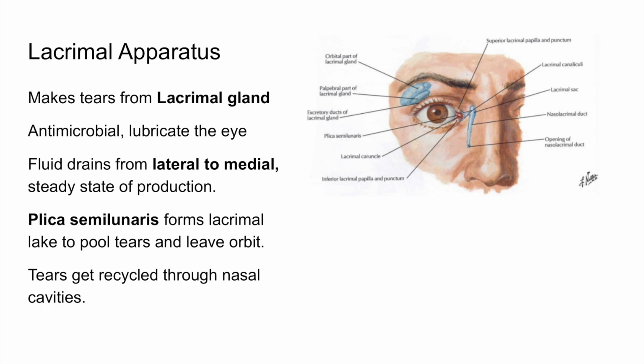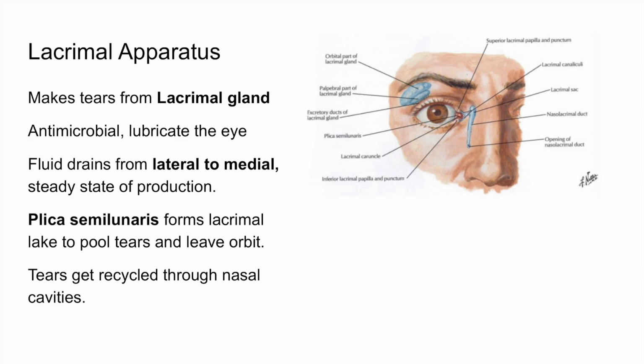This is why when you cry, your nose also starts to run, because the tears are literally being shunted into the nasal passage. So the key high-yield takeaway is the directionality of this flow. So lateral to medial, and the stepwise drainage pathway from the lacrimal gland to the eye surface to the puncta, to the canaliculi, to the lacrimal sac, to the nasolacrimal duct, and then eventually to the nasal cavity. So blockages anywhere along this pathway, especially in the nasolacrimal duct, can lead to excessive tearing or epiphora because tears